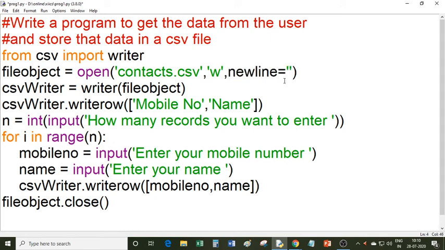It is better to pass a blank string as the newline argument, so that you will not get a blank line between these two records.